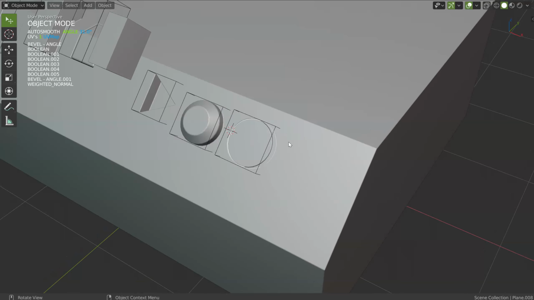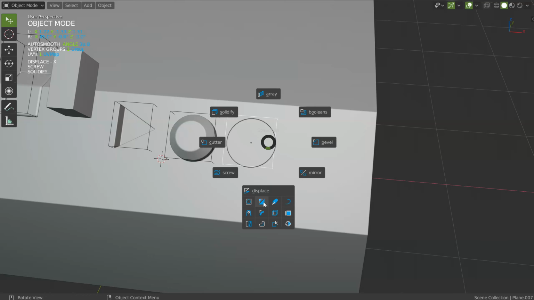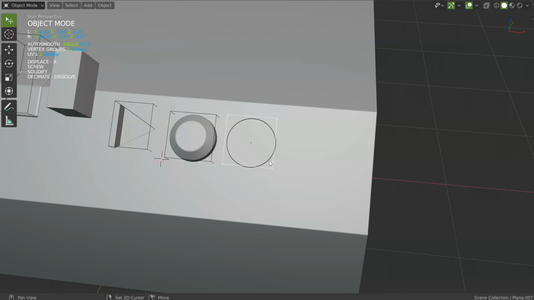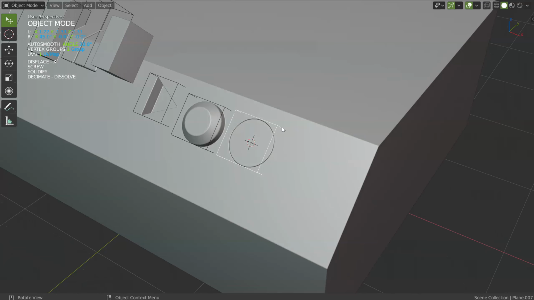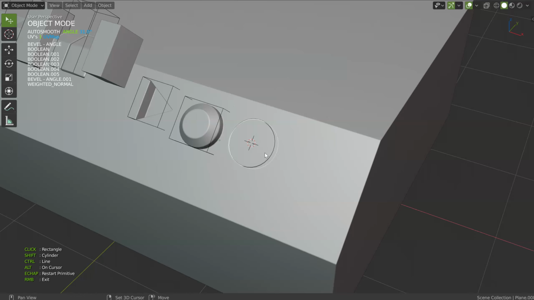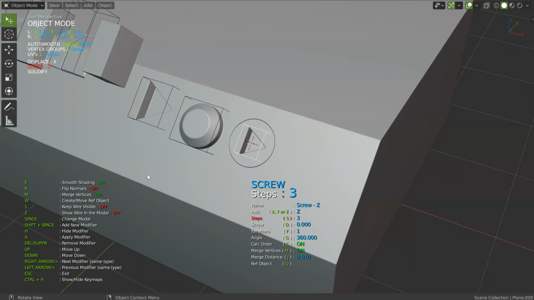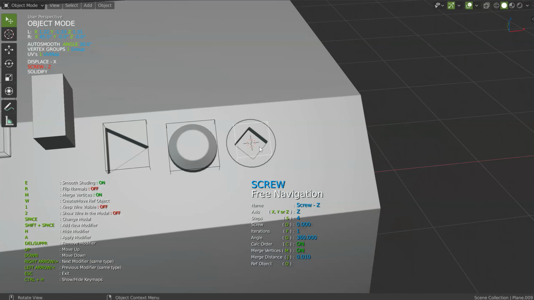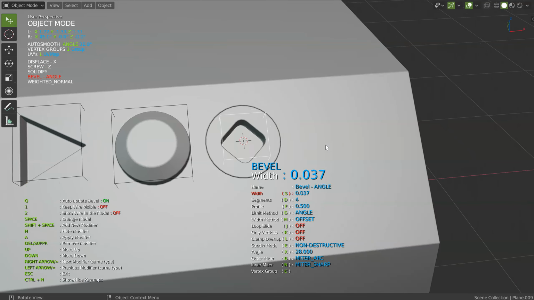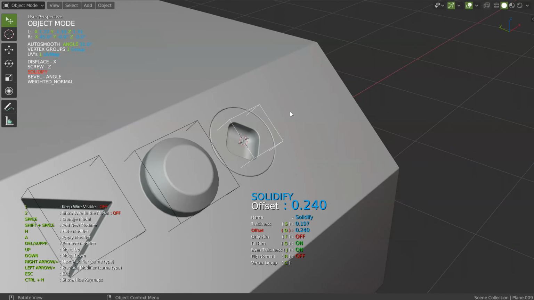Let's see, I will place the cursor on this object, not on this object, on this one in fact. First I will add a decimate, and I will place the cursor on it. Okay, let's hide it. I will select this one, and I will press cut. I will press Shift and Alt to be on the cursor, and I can click here on the outside, and after I will just do this. Okay? Since it's a screw, I can make something like that. And after, I can add a little bevel. Up. Like that. Need to play with this solidify.